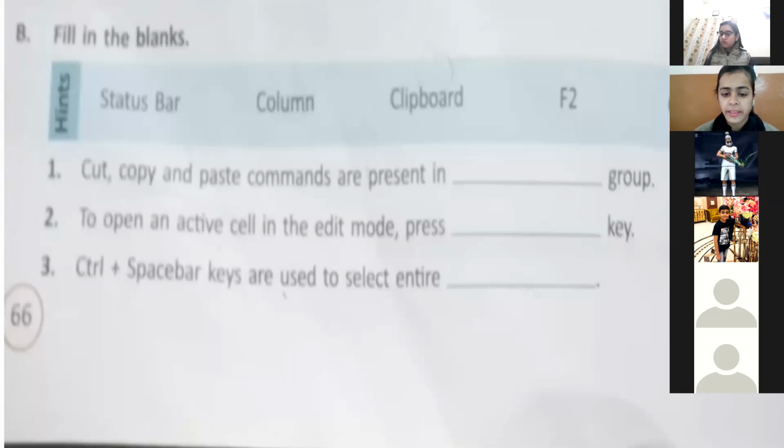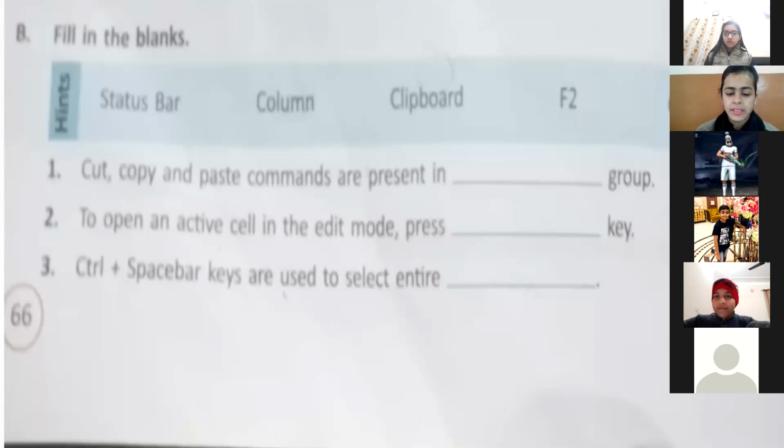So students are giving the right answers. I hope all of you are studying right. Coming to the next one, let's ask this answer from Shubh. Control plus spacebar keys are used to select the entire column. Very good.